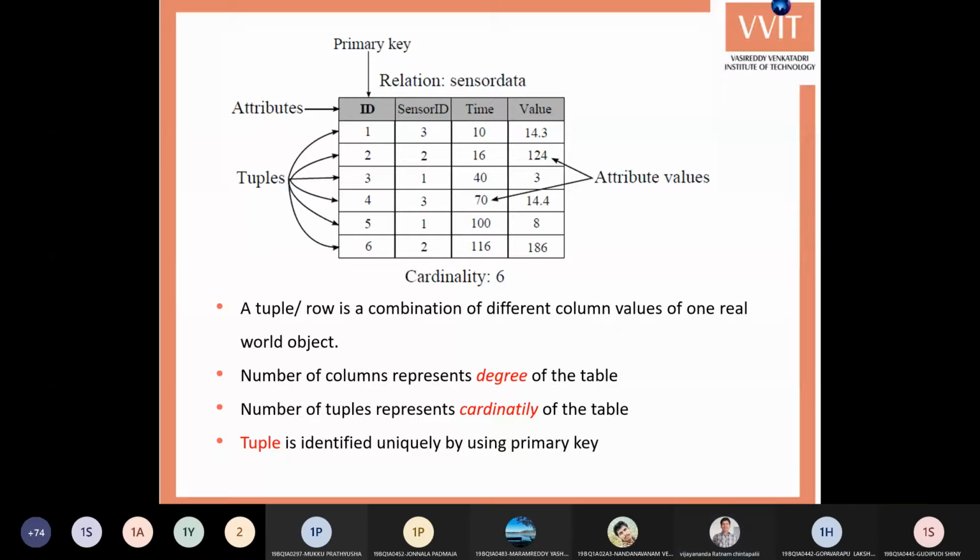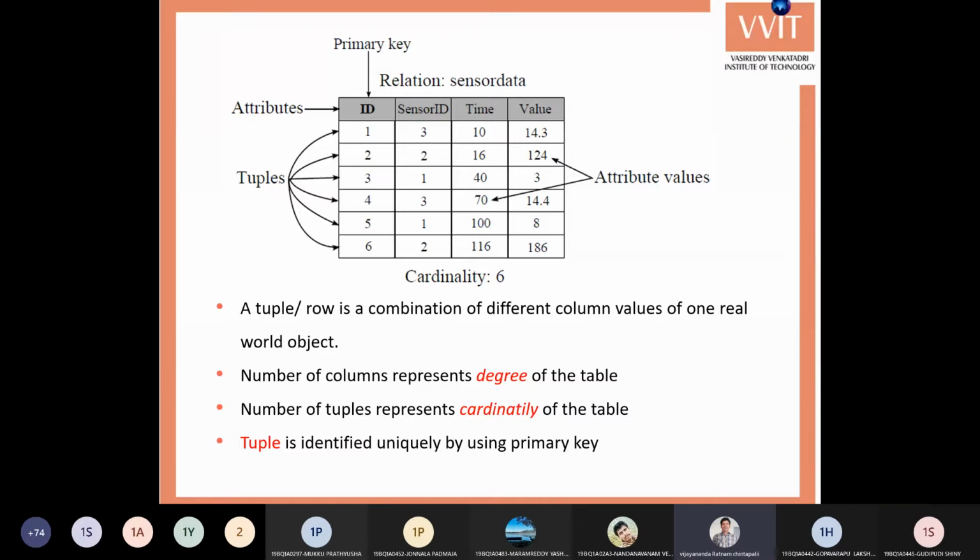The actual data is 1, 1 or 1, 3, 10, 14.3, these are the actual values. The rows are nothing but tuples. The values are attribute values, or column values. This is the manner in which we represent data in a relational table, a relational model.